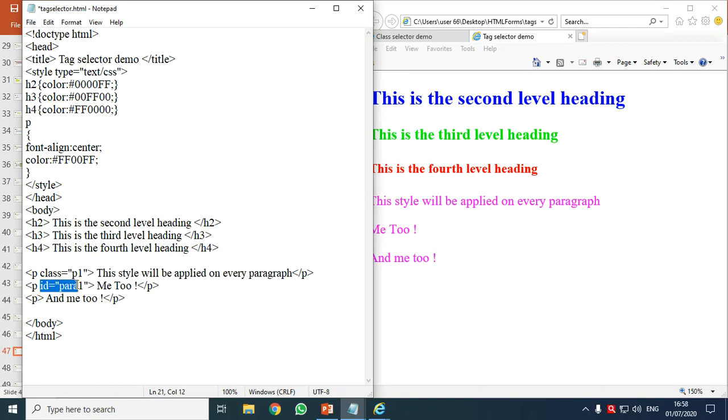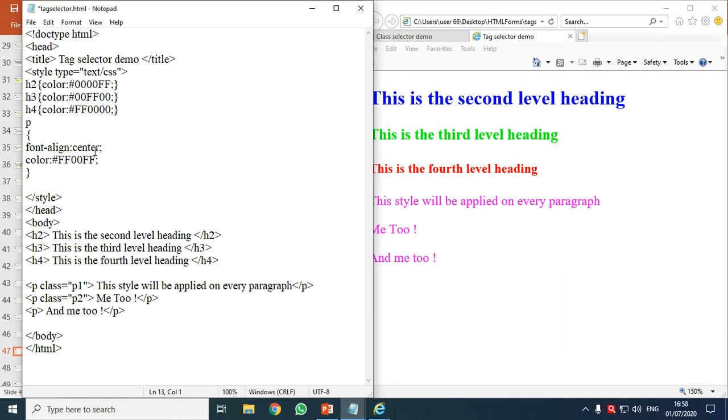And in this case, I'll give class attribute equal to, say, P2. Can give any other name. I'm using P1 and P2. And in this case, I'll not give anything. Let it be like this. Now, we need to apply formatting. So how should I call the classes? This is the name of the class.